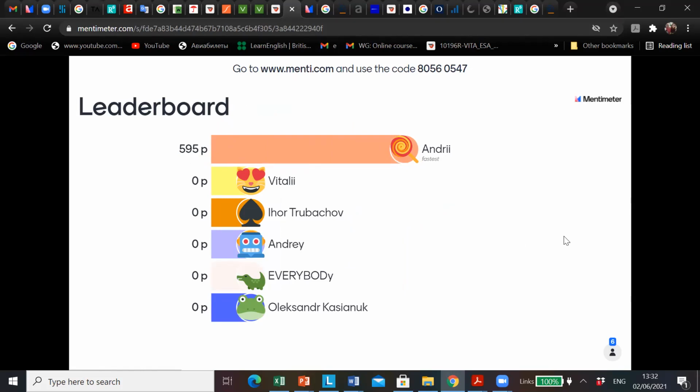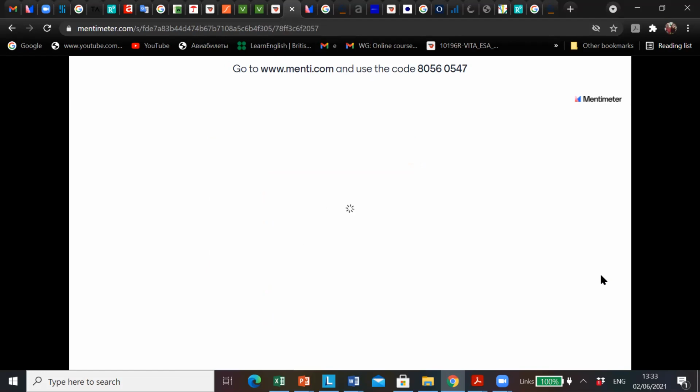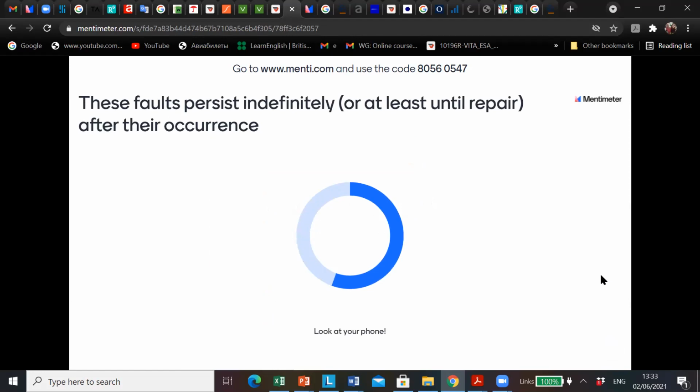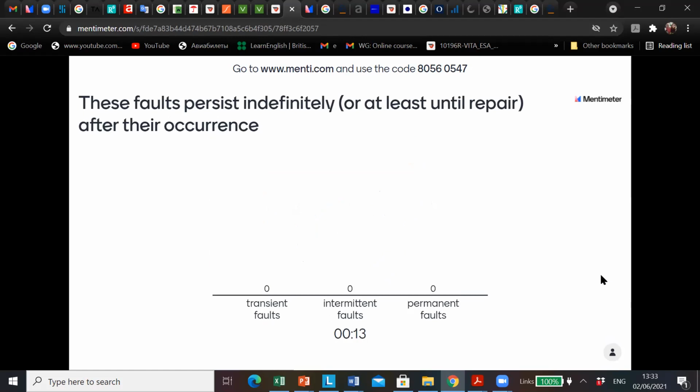And now let's go to the next question, with only 6 people left. These faults persist indefinitely after their occurrence: transient faults, intermittent faults, or permanent faults.